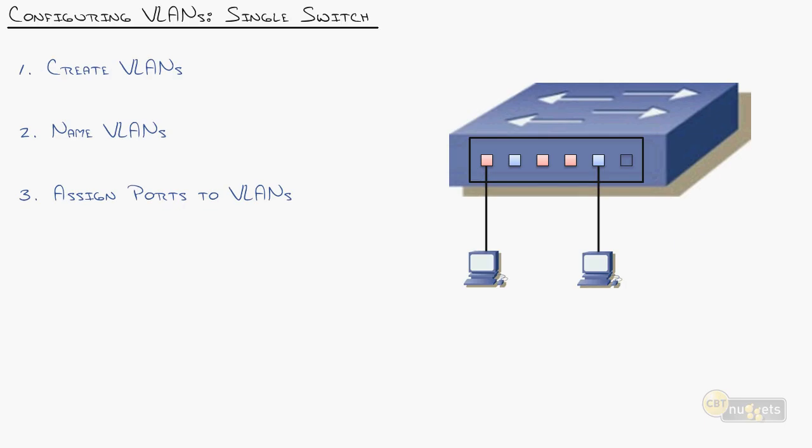There's two different scenarios I want to show you. This first one, kind of the simpler, which is a single switch configuration of VLANs. And then I want to expand into it. I want to kind of naturally grow as we move into a multi-switch. And that's where we're going to get into trunking and VTP and all that. But starting off simple, on a single switch, all we need to do is create the VLANs and assign the